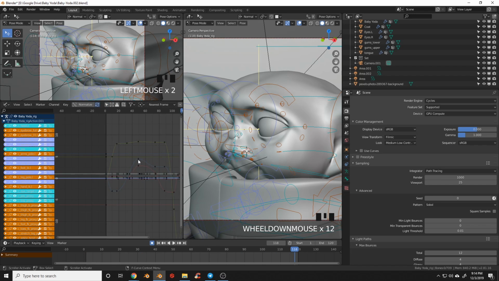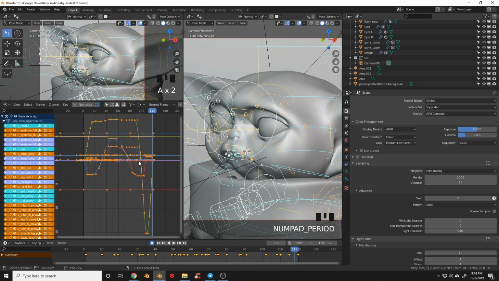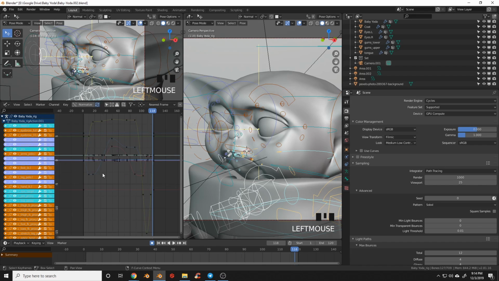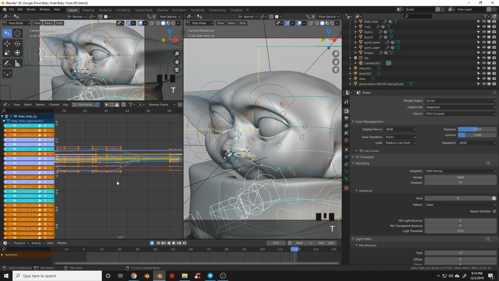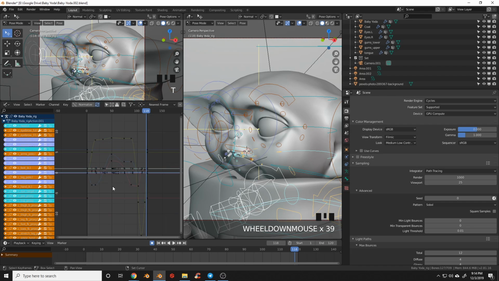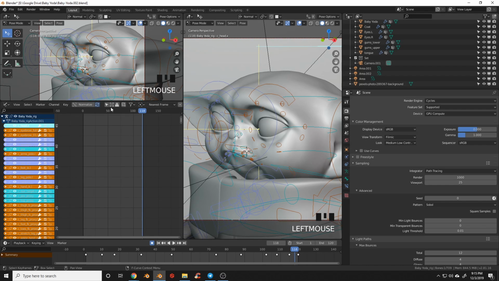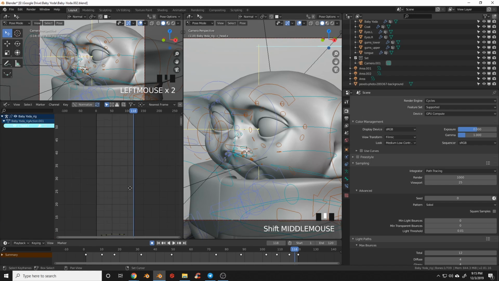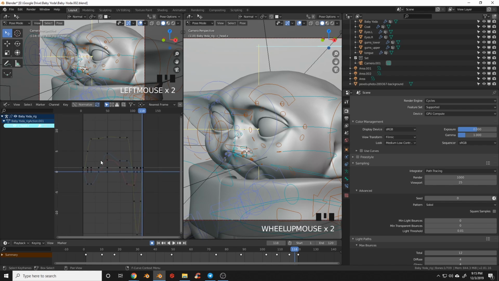If I turn that off, you can see that I can see all of the keyframes for Baby Yoda. And if we get in here, you can see there's a bunch of just little tiny motions and things like that, and it's just a lot to deal with. There's no way you're going to be able to click through all of these and adjust all these keyframes. So what we can do is turn on this only selected button, and then it will reduce it to the keyframes on the object that we have selected. So that's what we're going to do as we move through to adjust the easing on everything here.